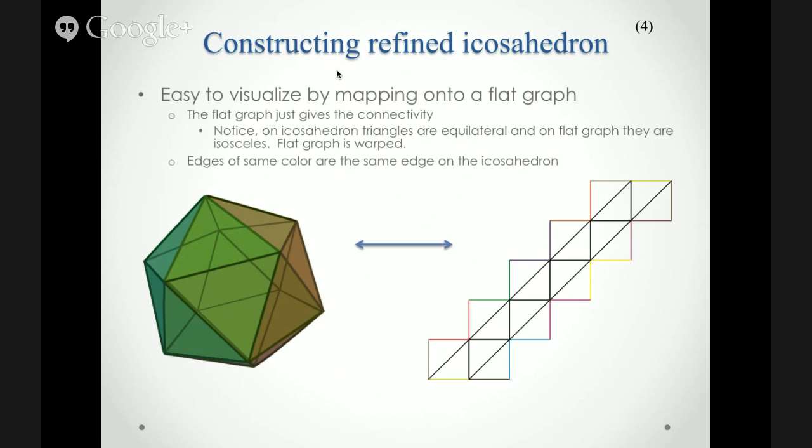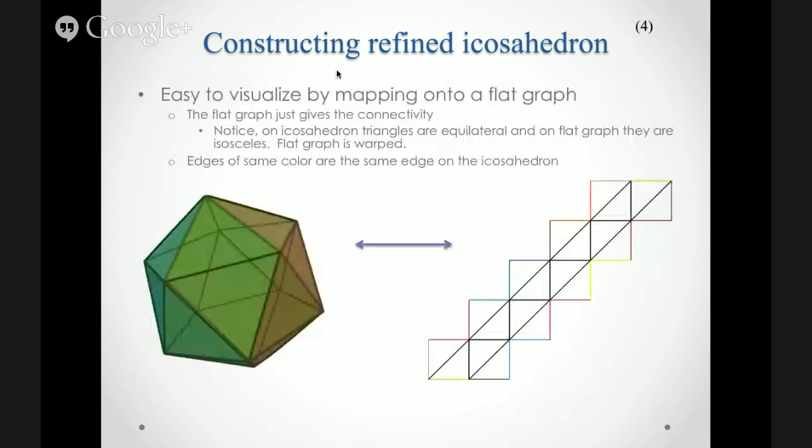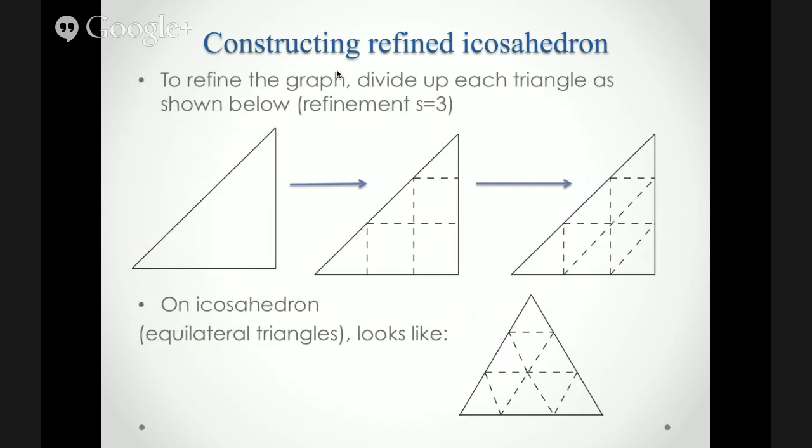Because obviously, these things are equilateral triangles. These things are isosceles. If these were equilateral, then it wouldn't be flat. But you can kind of imagine folding this thing back up and getting the same shape. And for each of these triangles on here, if we want to refine the icosahedron, we take each of these